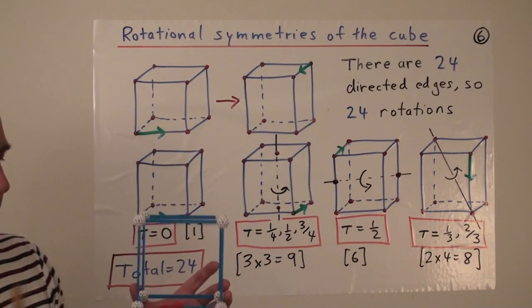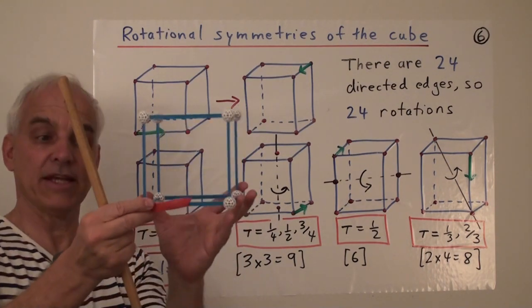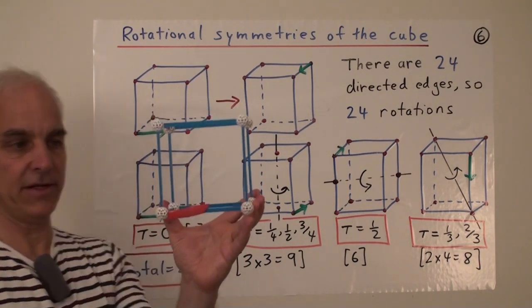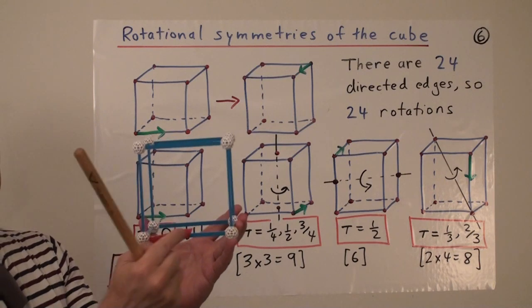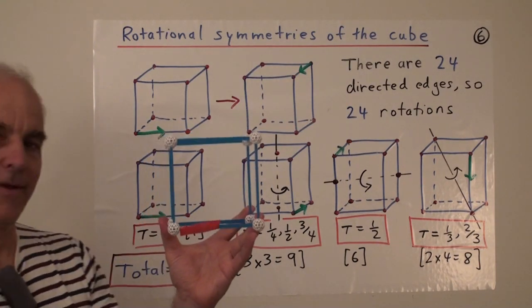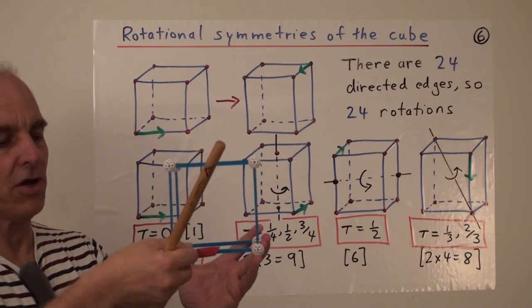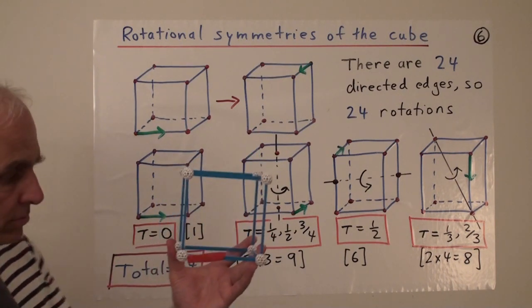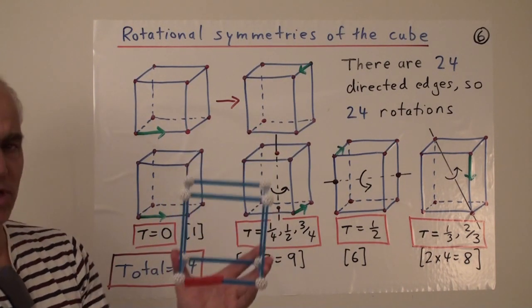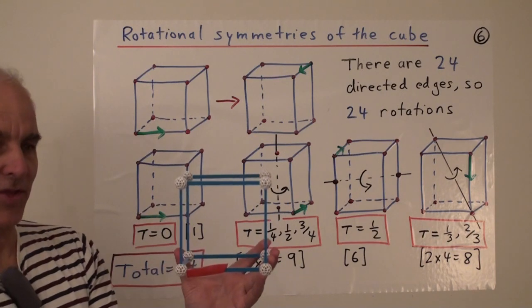There are altogether 24 such possible little arrows that we could put on the various edges of the cube. Let's consider the cube to have this as its standard position, facing you like this, with our little designated special directed edge just along the bottom there. So every other rigid motion is determined by where this thing goes.